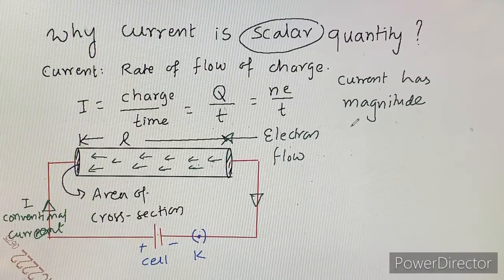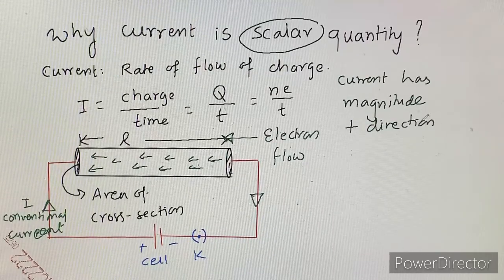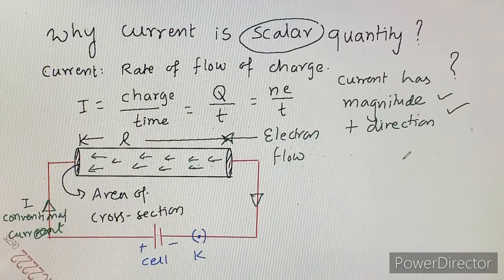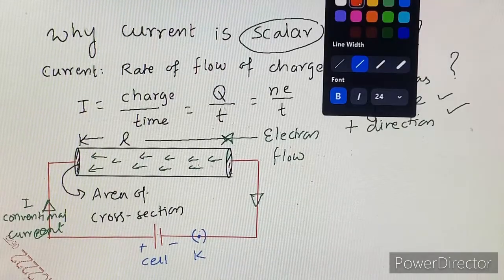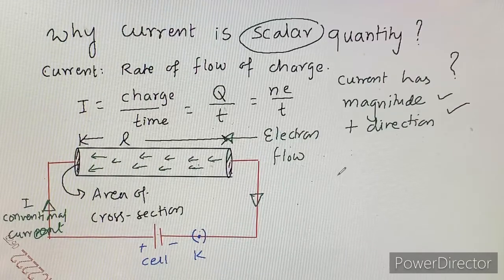Current has magnitude plus direction. It has what? Direction. Now current has magnitude and direction. Then how can it be scalar? That is the question. If it is scalar, then how is it a scalar quantity? So whatever definition you have studied in 9th standard is not complete. The complete definition says that a physical quantity which has magnitude, direction, plus it should obey